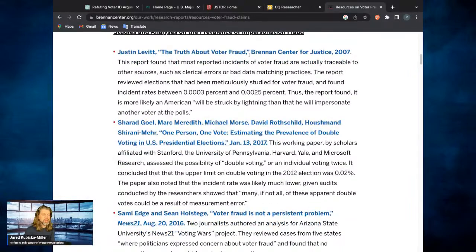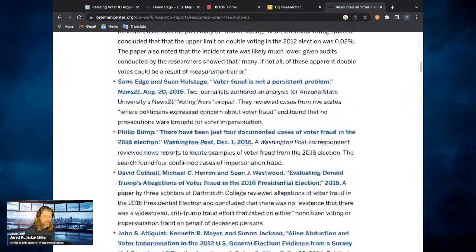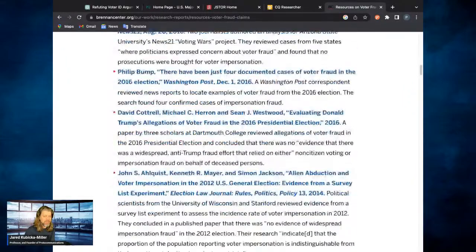So this one is voter fraud in general. That's 15 years old. You might want something a little bit more recent. Here's 2016. So you see,